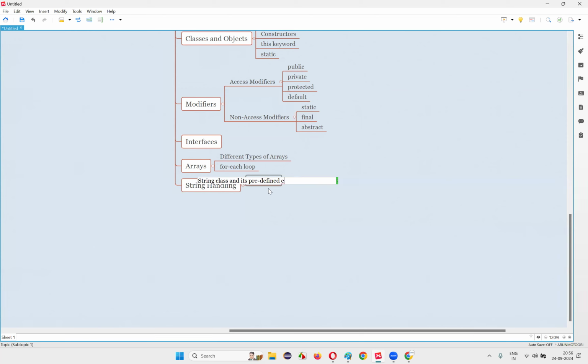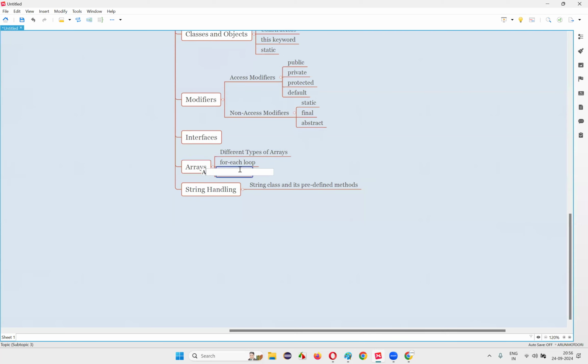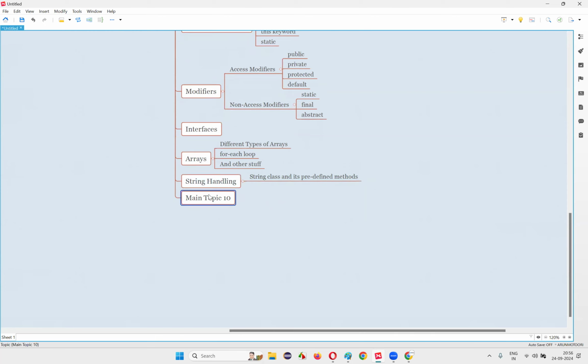Here I'm covering at a high level, guys, but in actual sessions I'll cover the shortcut representation of the array, the actual representation of the array, what people will use, and all those things. And other stuff, advantages of the array, disadvantages of the array. All the additional details of the array I'll also cover. Don't worry. The string handling mechanism, the string class and its predefined methods. The popular predefined methods of the string class I am going to cover in this session, which is also very